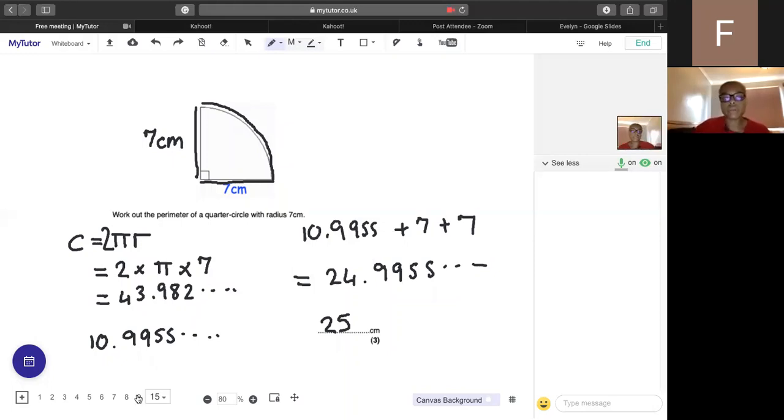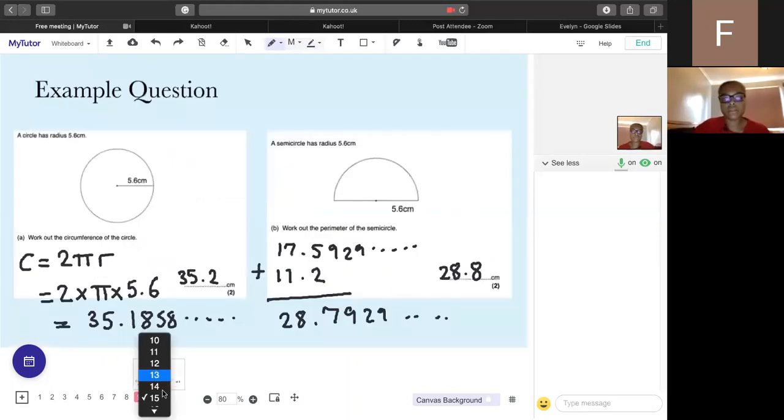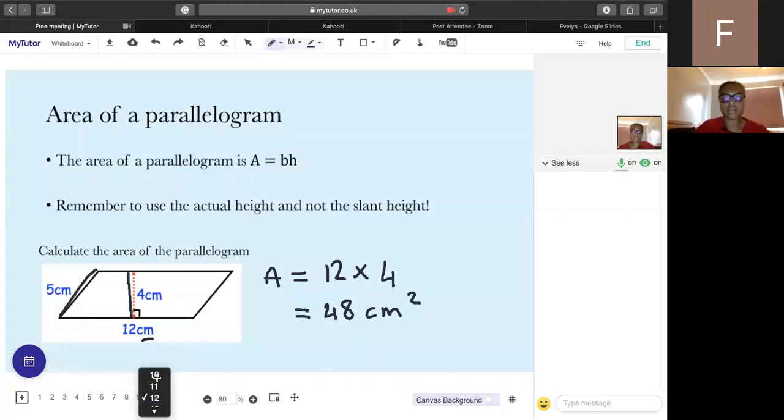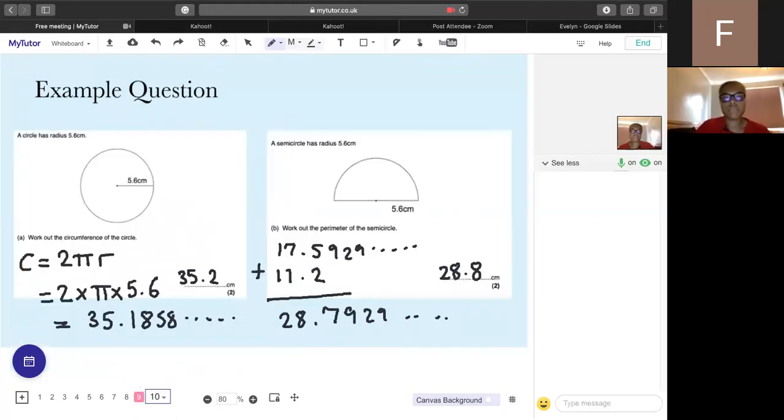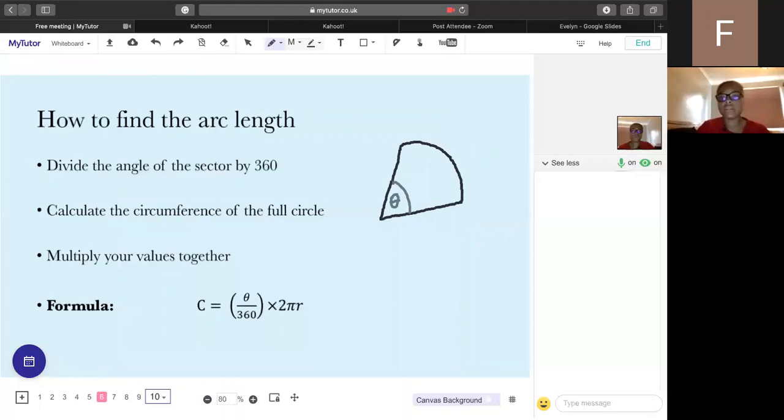So what we were going through before, if I show you quickly, here we go. When we were doing this one, it would be smaller than a quarter circle. This is how you would calculate it. This is what I was trying to explain earlier, how to find the arc length. If you're given any slice of pizza or any part of a circle, which is represented by a sector, to work out